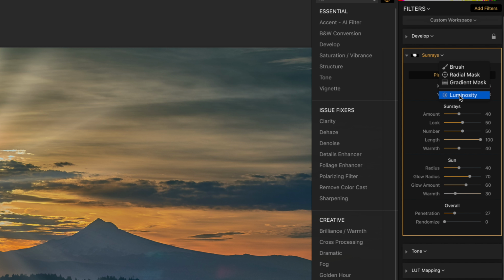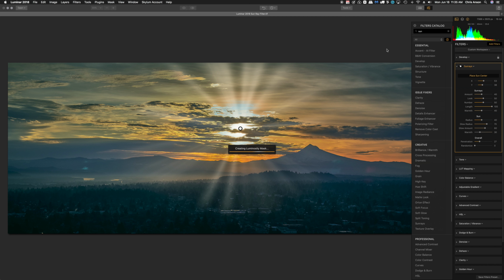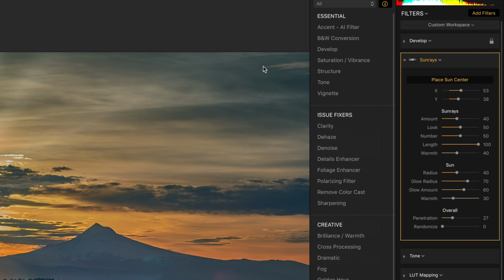This is a simple one. By selecting it, it's going to build a luminosity mask, meaning it's going to build a mask based upon the brightness of the image, and it's going to apply the Sunray plugin based upon that luminosity mask. In its default setting, it looks pretty good. Now, if I want to reduce some of what's showing up or increase some of what's showing up, I can do that using the brush tool. If I go back over and click on the little brush tool and choose brush,